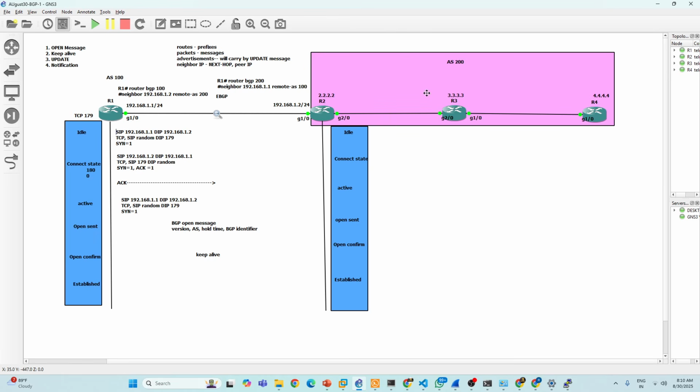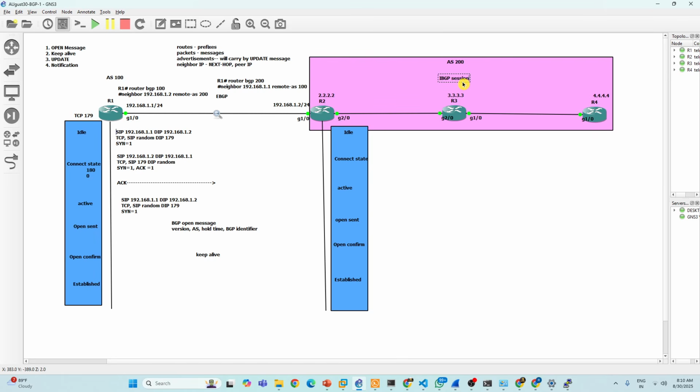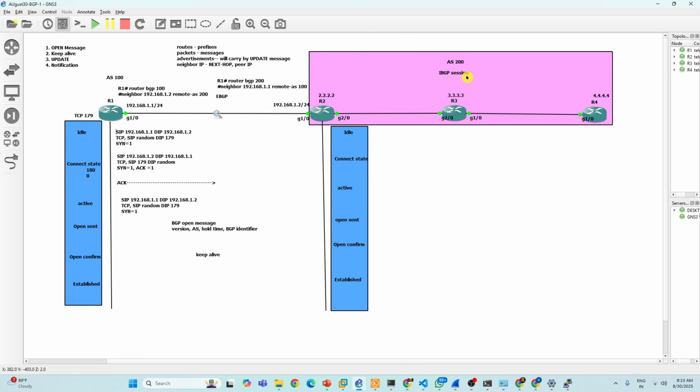Within the AS, if you configure BGP, that is called IBGP, right? Yes, IBGP. If you configure a BGP within the AS, that is called IBGP. Now I want to configure a BGP between R4 and R2, indirect. So indirect, not direct, right?